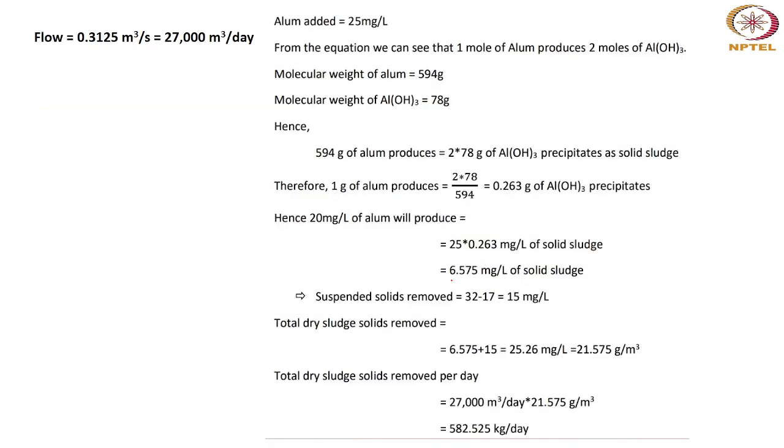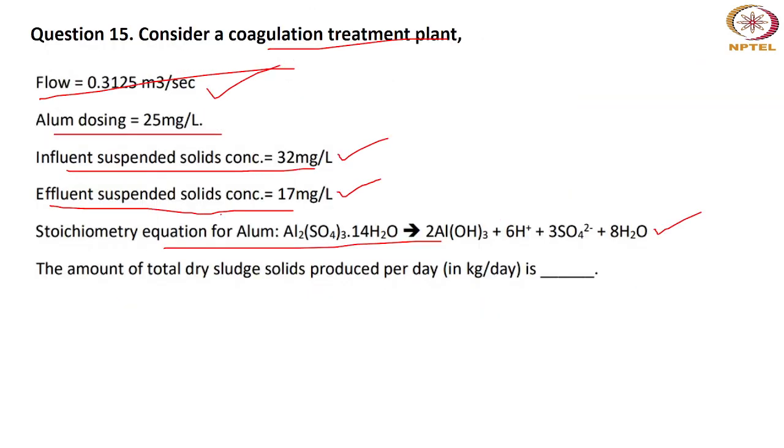Okay, we check the solution. So the flow rate was given as 0.3125 meter cube per second, which can be converted into 27,000 meter cube per day. Alum dose added was 25 mg per liter. Now from the equation, you can see that